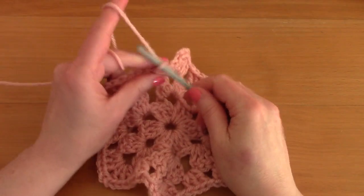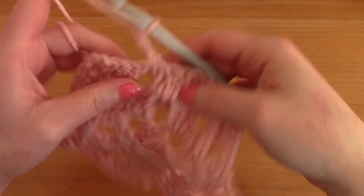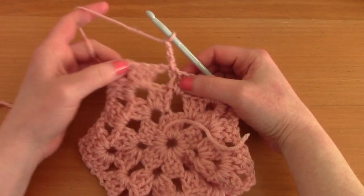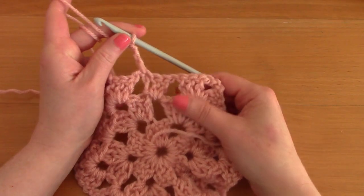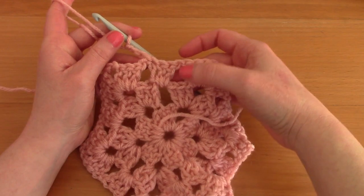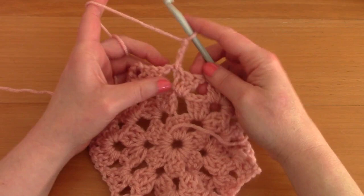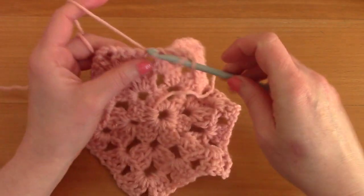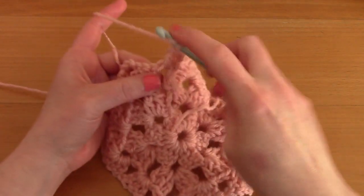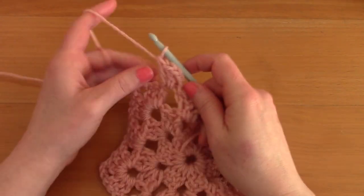So now we are going to chain 3, 1, 2, 3, turn your work, and this is going to be one of our center spaces. As you can see, we are going to be getting more and more center spaces, like I call them. So here's 1 and here's 1. So we're just going to work into that one for now and just place 2 more double crochets into this space like so, and now chain 1